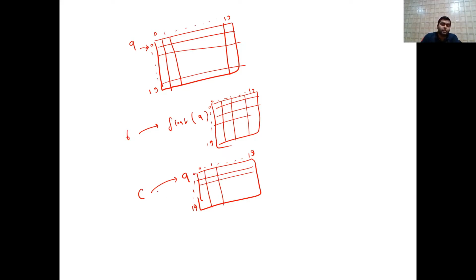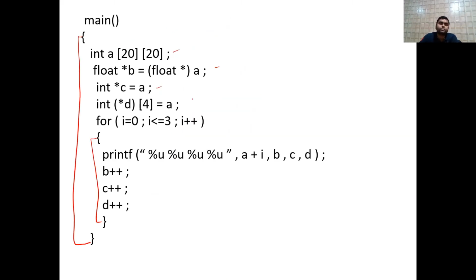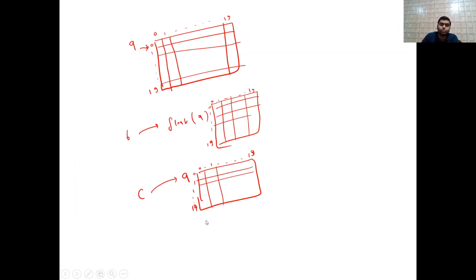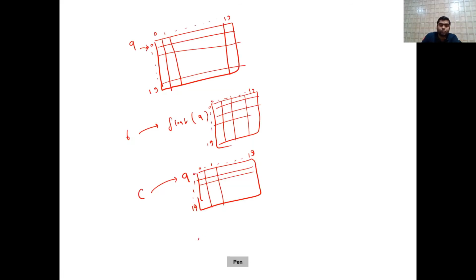Okay, but it is what? It is a pointer pointing to an array, but it is an array and it is a pointer pointing to an array which is a typecast array. It is float. Now observe very carefully. Star d of 4 equals to 4 means this is a pointer, okay, pointing to an array of what? 4 elements. So this is the case that D is a pointer. So D is a pointer pointing to an array of 4 elements like this. Okay, 0, 1, 2, 3.